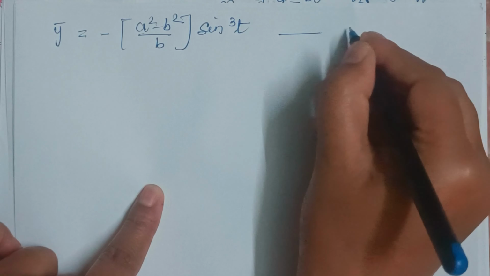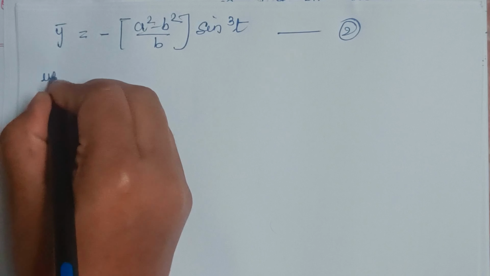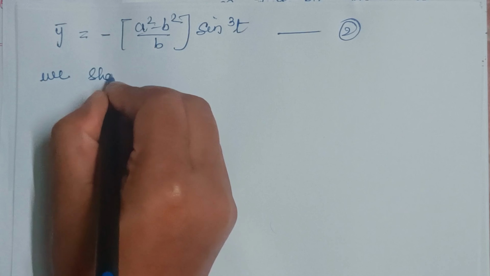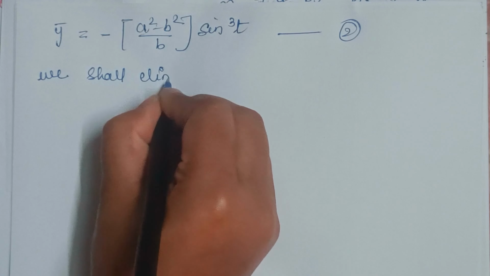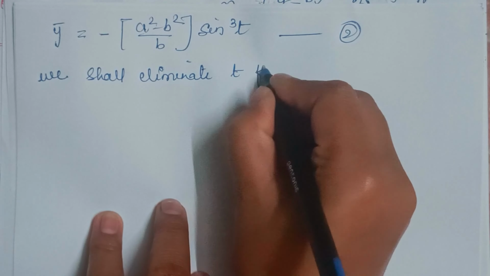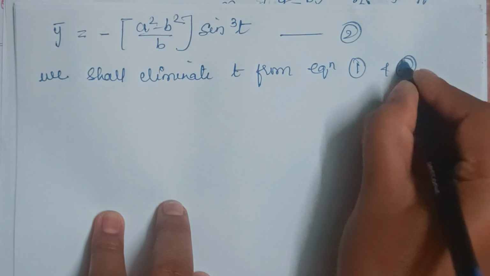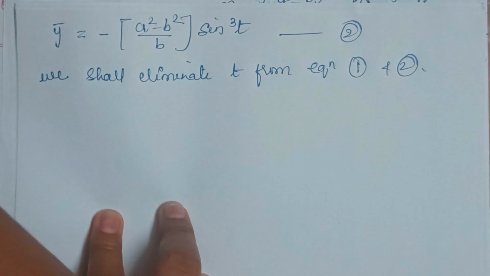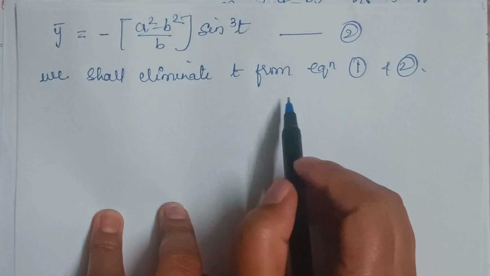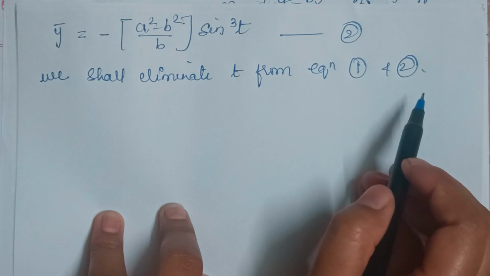This I will take as equation 2. Now we shall eliminate t from equation 1 and 2. Okay, so in order to eliminate t from equation 1 and 2,